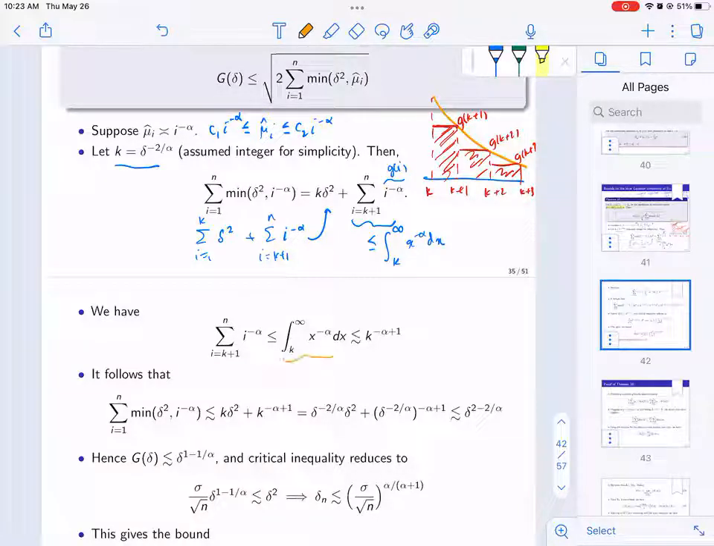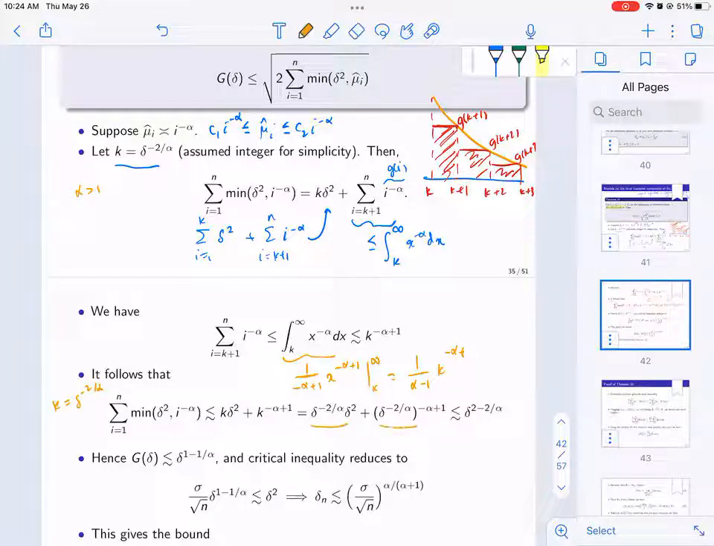This is going to be negative 1 over alpha minus 1, since alpha is bigger than 1, times x to the negative alpha plus 1 from K to infinity. That would give me 1 over alpha minus 1, K to the negative alpha plus 1. I absorb the 1 over alpha minus 1 into the constant, so this is basically K to the negative alpha plus 1. So in the end, the first term is K delta, the second term is K to the negative alpha plus 1. And I also know that K is delta to the negative 2 over alpha. So you plug that in,